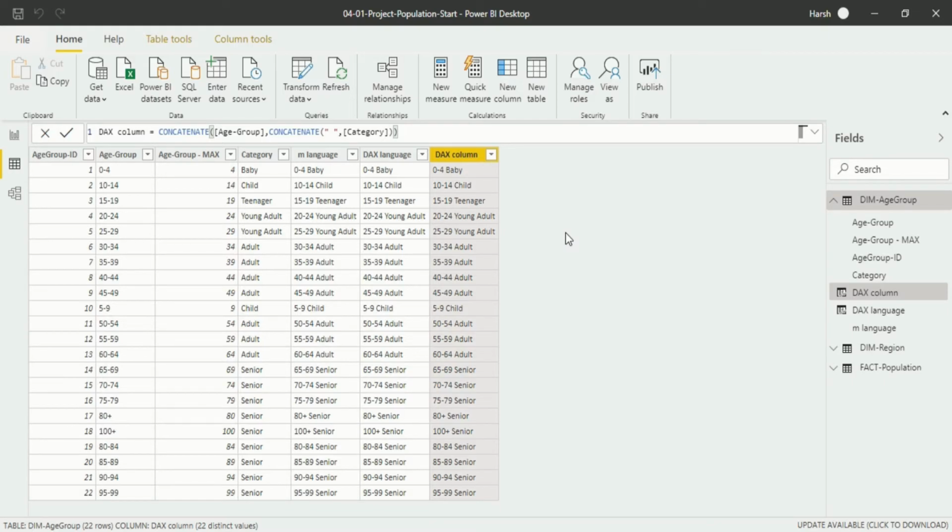Now we are in Power BI Desktop in the data model interface and specifically in data view. So there are three views in the data model interface. One is report view, another is data view, and third is model or you can say relationship view. In my previous videos, if you have seen, I have created these three columns using a specific language. In this, I have used M language, which is done or controlled through Power Query Editor, and these two I have created in the data model interface itself.